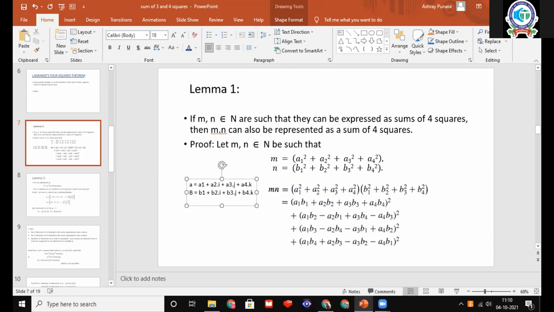We know quaternion multiplication, right? i into j equals k, j into i equals minus k, and all. Okay, no need to write those things. We'll use all of them and we'll multiply AB. So how many terms will be there in AB? What is one term we get? A1 into B1. A1 into A1 will be there, and A2 into B2 also there, with a minus, right? The constant term in the product is a1 b1 minus a2 b2 minus a3 b3 minus a4 b4, right?